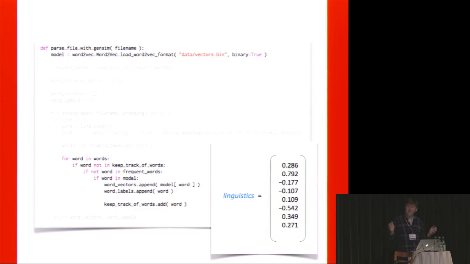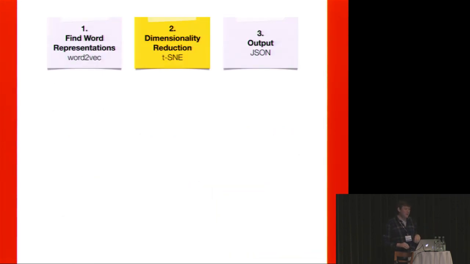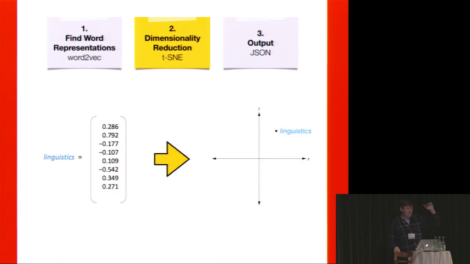But now I have this high dimension of vectors, 300 dimensional. What am I going to do with it? One approach is dimensionality reduction. The idea here is to take this huge vector and find a point in space, a two-dimensional vector, technically. The interesting thing is, if you do it with t-SNE, also with PCA, then similar words will be close to each other. I'm going to show you in a minute how this looks in the big picture, so stay tuned.